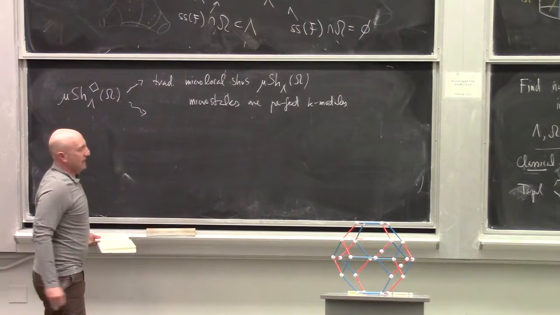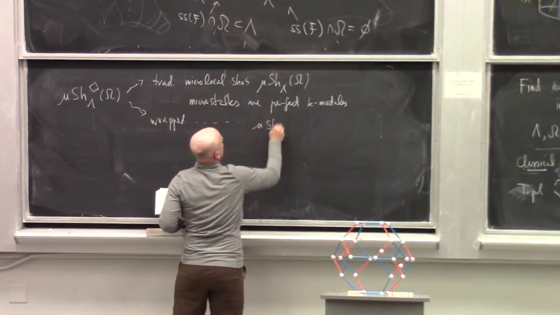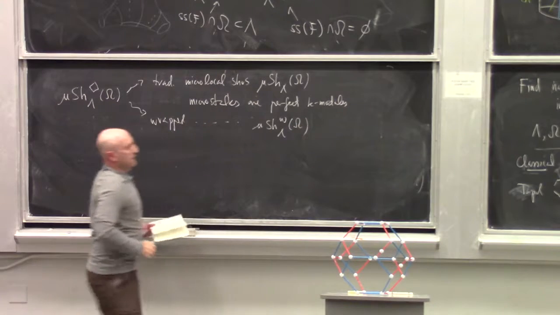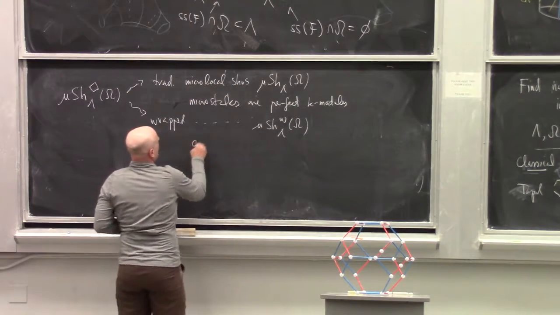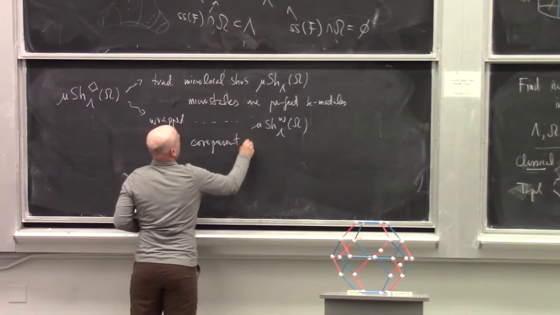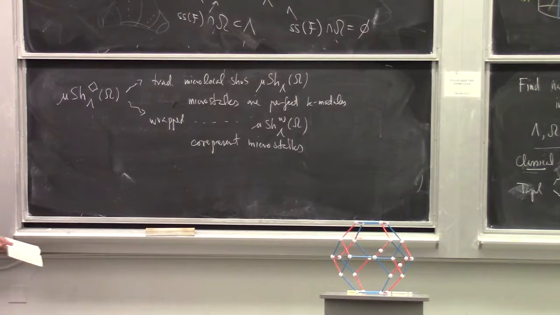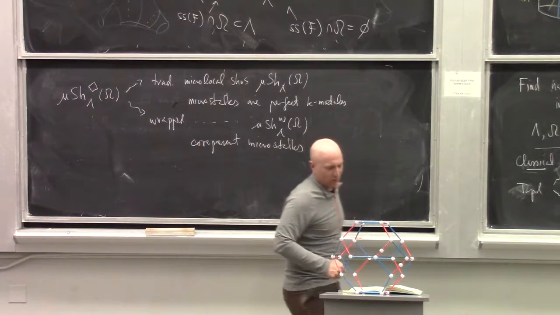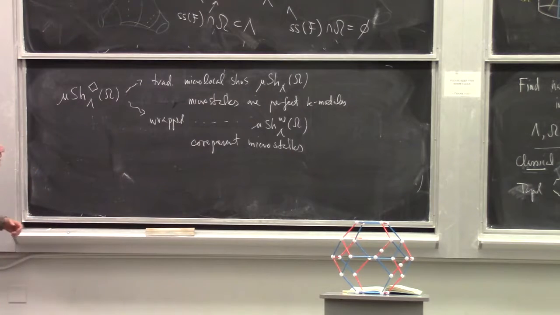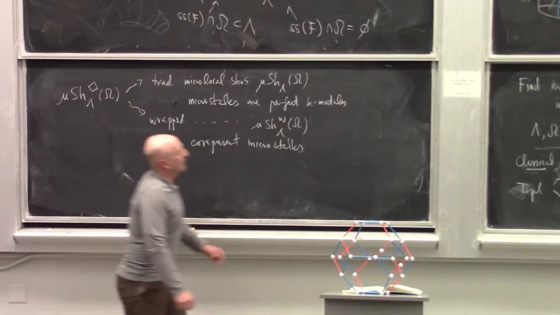Now, the other notion of finiteness, which is wrapped, and which we can write as this, is not that these are finite dimensional, but that they represent or co-represent these functors. So we can ask that these objects co-represent the microstalks. I'm running out of time, so I'm just going to hopefully whet your appetite if you're interested in this kind of thing. What does that mean? Let's go back to a picture like this.